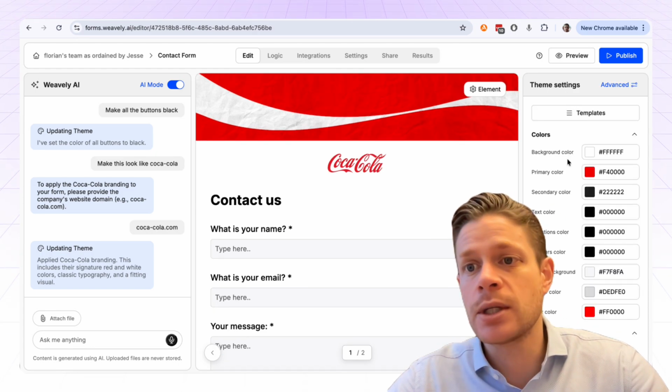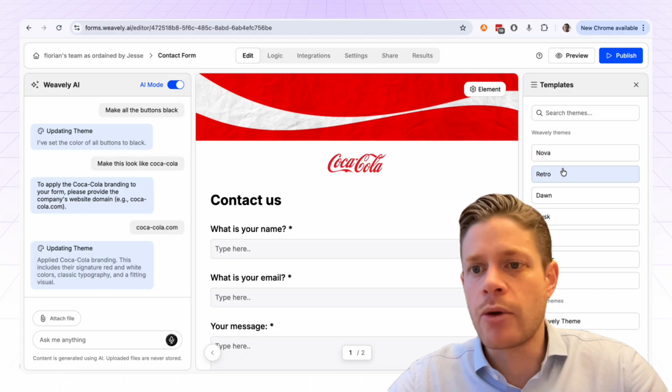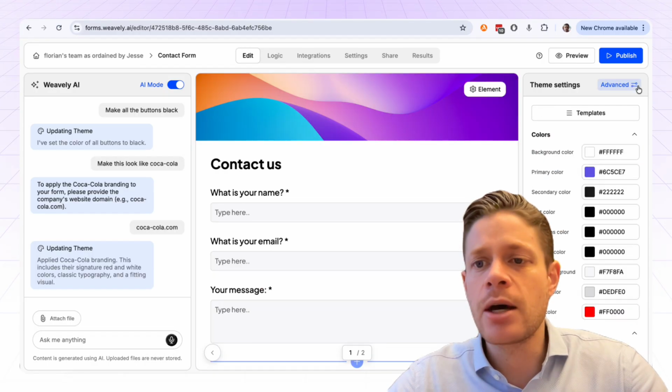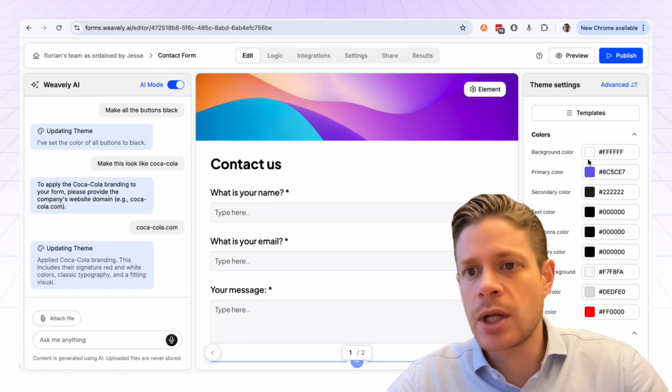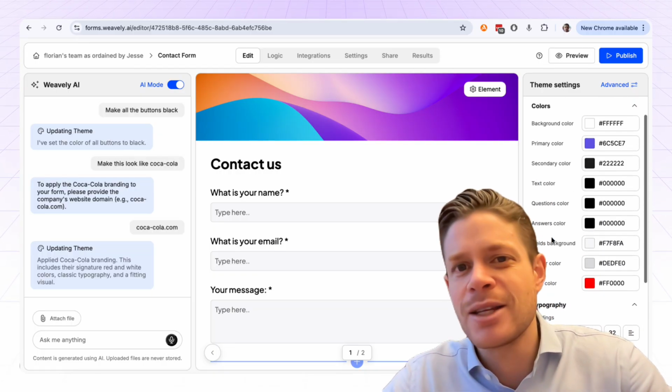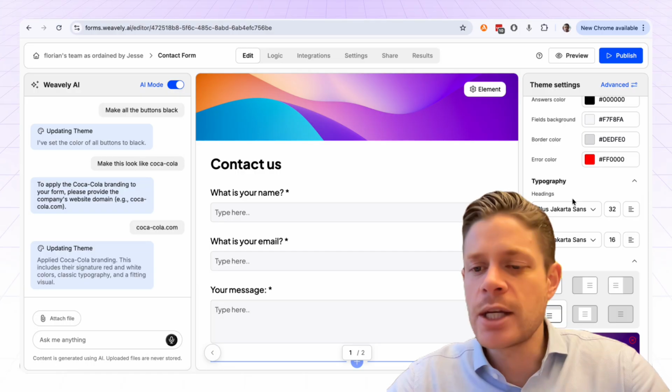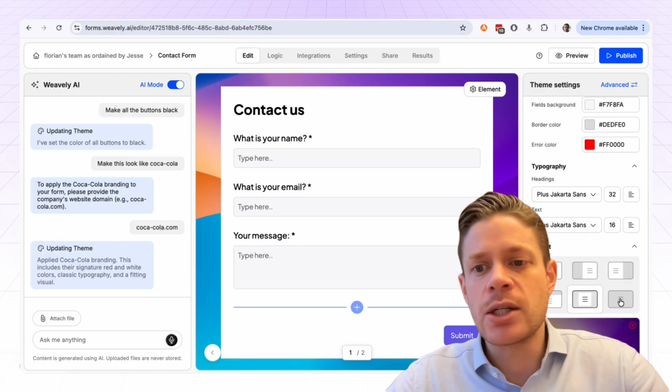Of course, you can also still do it manually, meaning there's a number of pre-made templates that you can pick out of here. You can just set the colors yourself. You can choose between background and primary, secondary for the text. So you can basically read, right? It's all in here. You can change the typography,